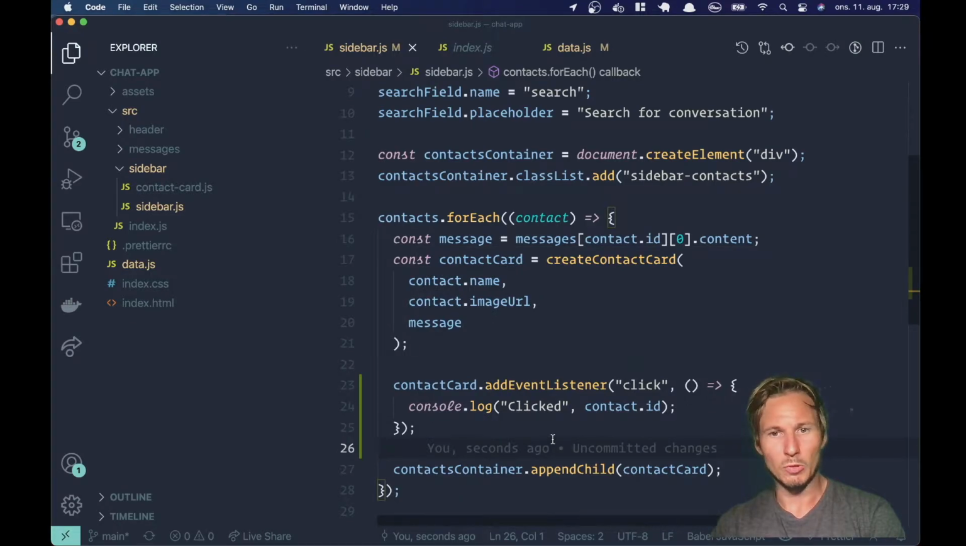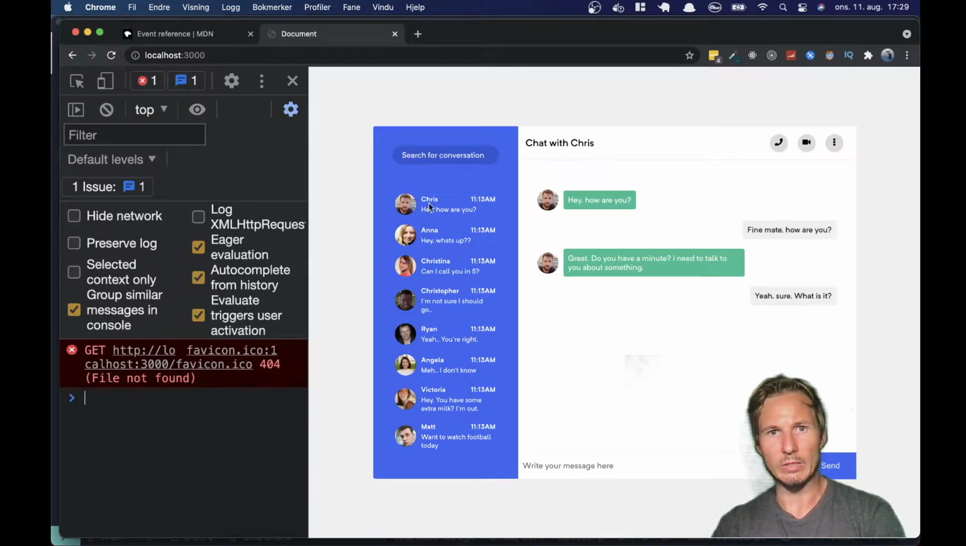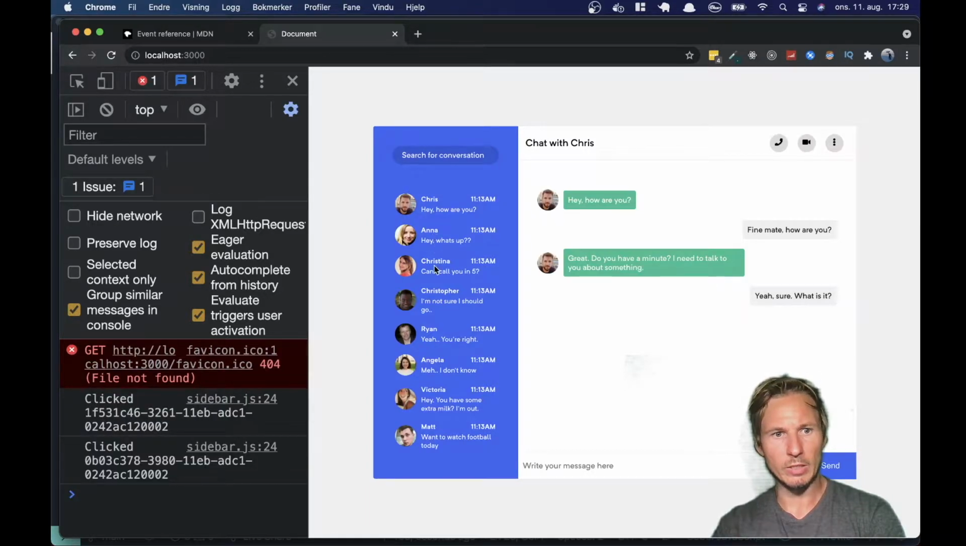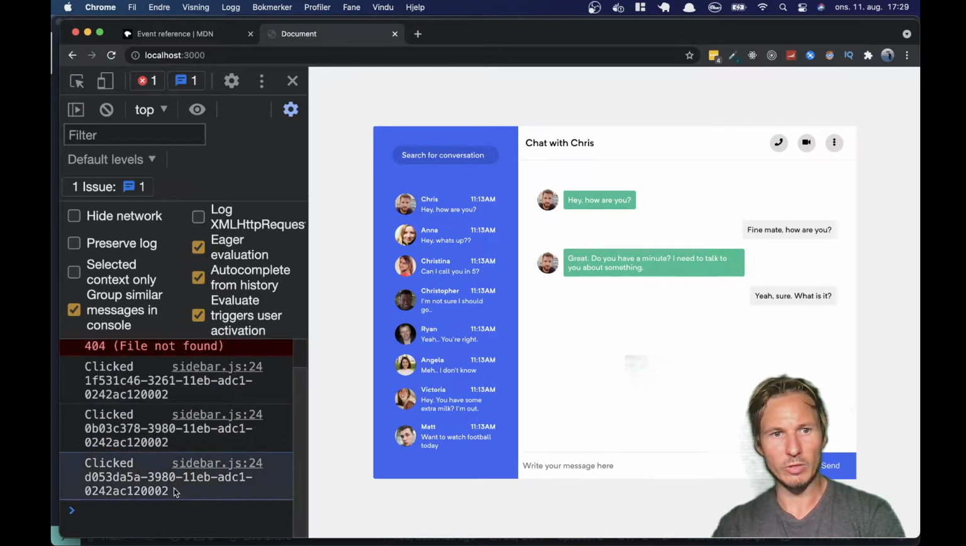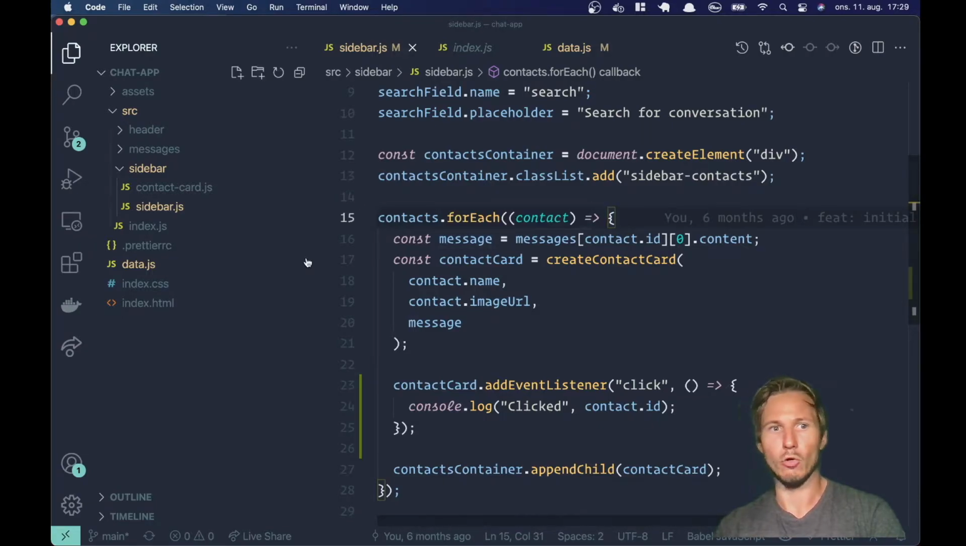Right, so we have the same event, but now we just altered the console log a little bit, and we want to log out the IDs here. So if we click on the different contact cards now, you can see we get different IDs. And that's important because what we want to do is take that ID and load up the